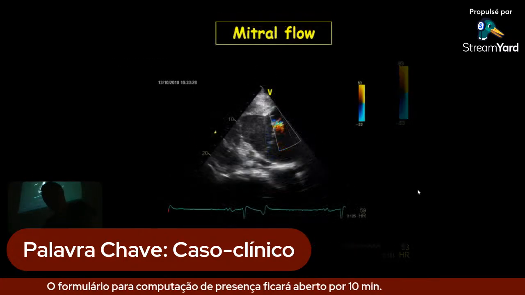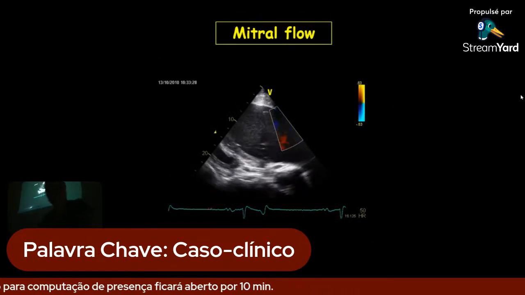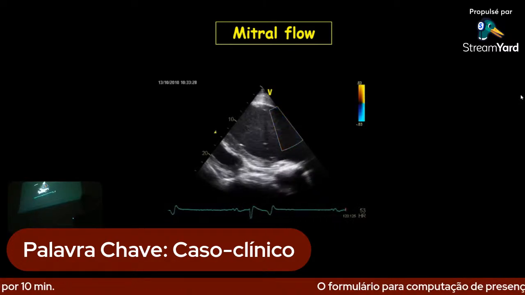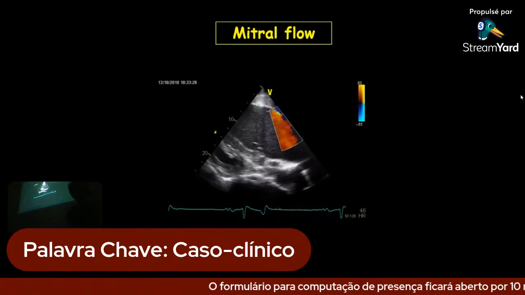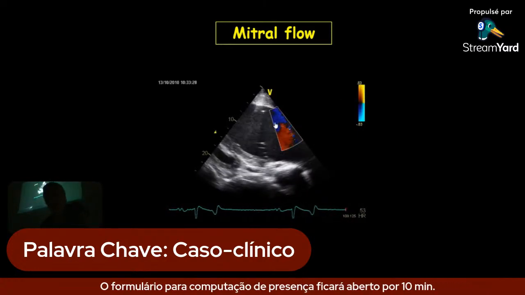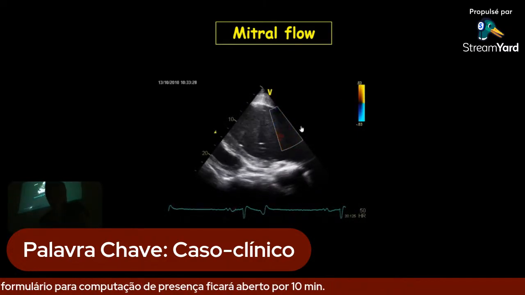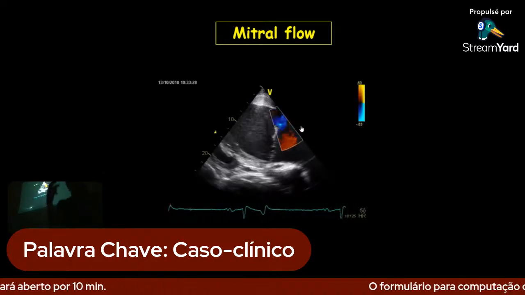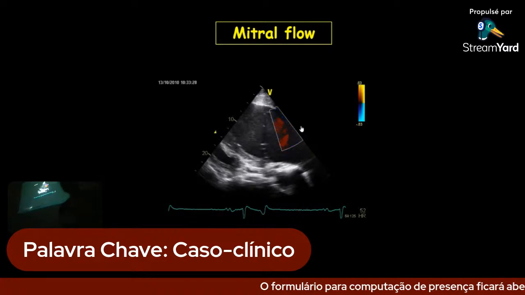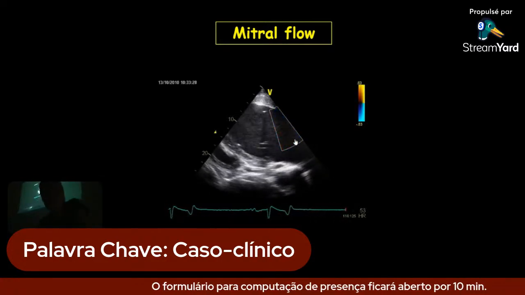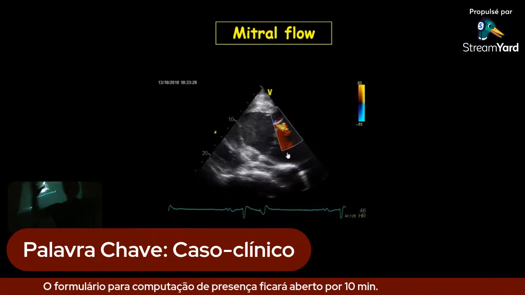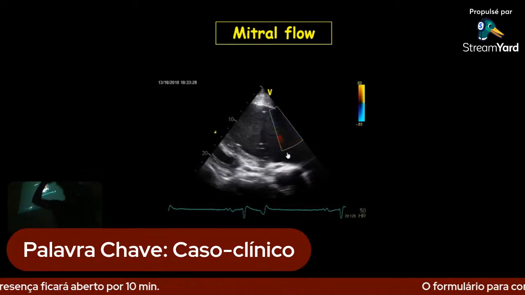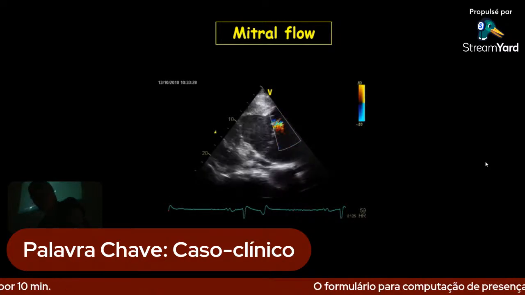Okay, we continue, and we have here mitral flow. You see something? Yes, there is a very small insufficiency, but localized also. But attention, because mitral flow is the most difficult to evaluate. Thus, maybe you underestimate a little bit the regurgitant flow, okay? And what is characteristic in this horse is the fact that at the beginning of the systole, the valve flows correctly, but at the end, there is a small prolapse of the valve.